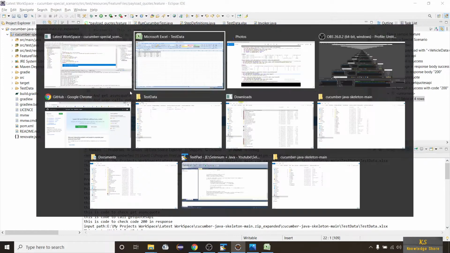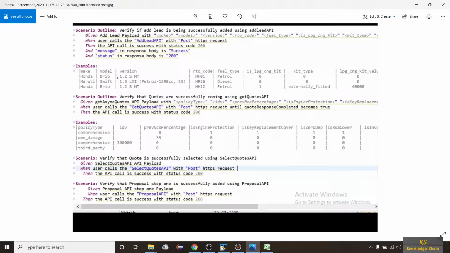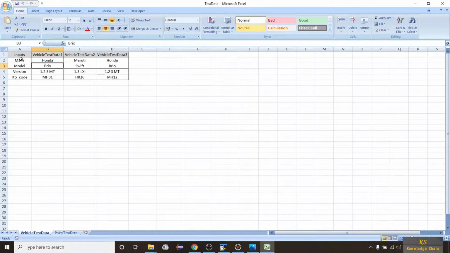You can see here what you have: make, model, version, RTO code. I just took three test data so that it will be easy to understand. Make, model, version, RTO code, and I have provided the test data here. So this is one test data, this is one test data, and this is one test data.